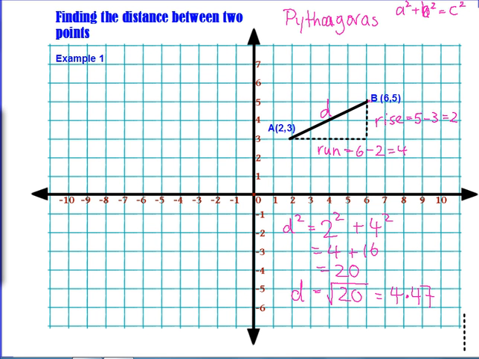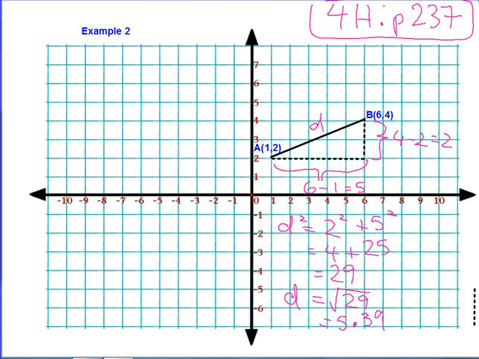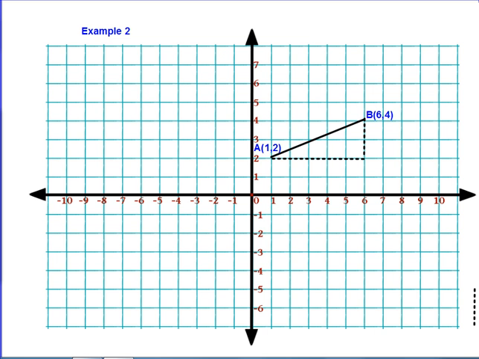Okay, just to consolidate this idea, let's try another example. This time I'm trying to find the distance between A, which is 1, 2, and B, which is 6, 4. So we'll call that distance D. And I know that D squared is equal to the rise squared plus the run squared. So what is the rise? It's 4 minus 2, which equals 2, and the run is 6 minus 1,